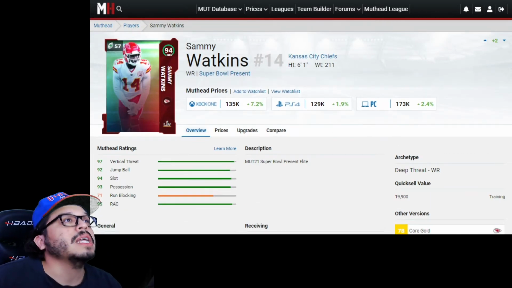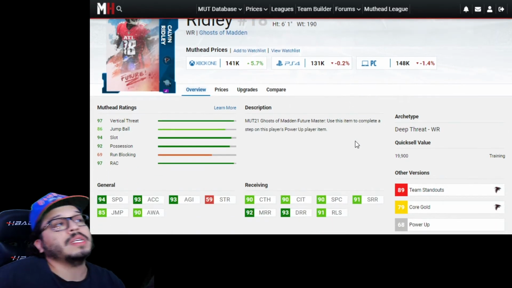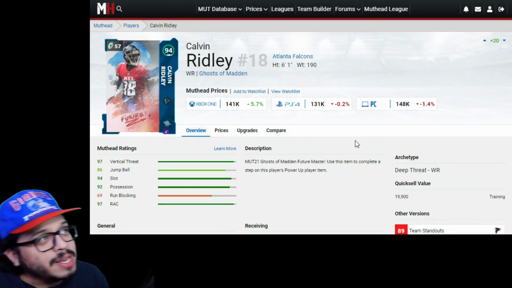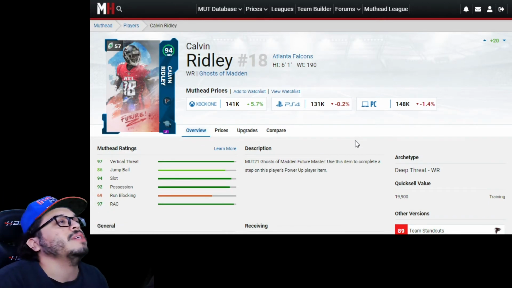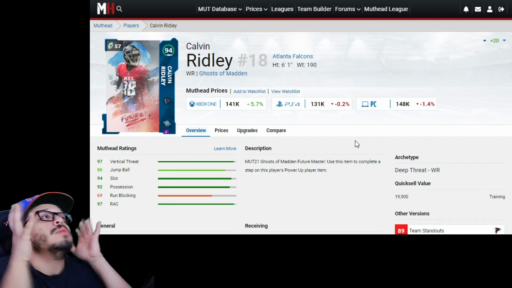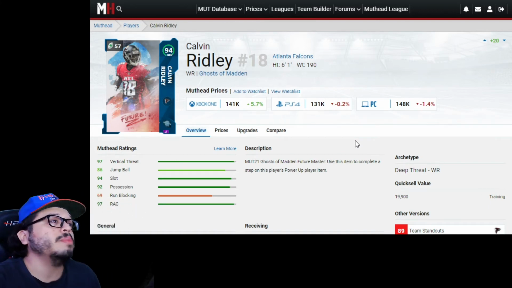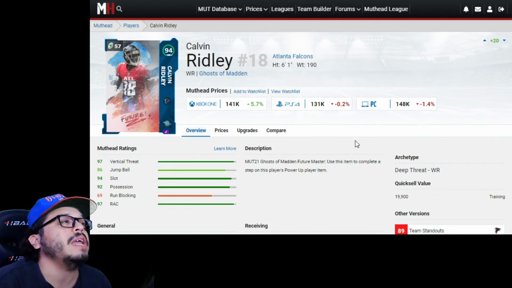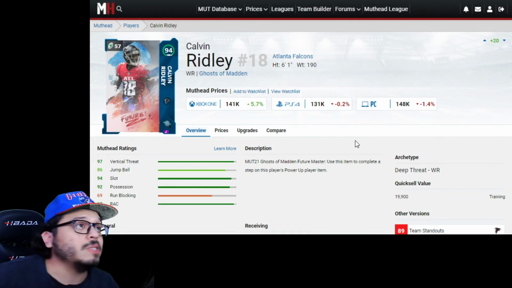So Sami Watkins definitely gets a shout out from me. Now, another dude here who is another deep threat wide receiver with another good speedy archetype or good attributes here is Calvin Ridley. Now, he's probably the most pricey out of all of these guys that I'm going to pick and go through here, but about 130, 140K for Ridley. You might be able to build him up or snipe him for cheaper, about 120, but I do think it's